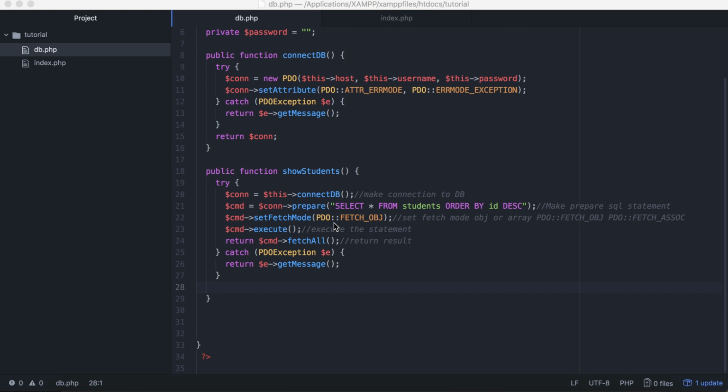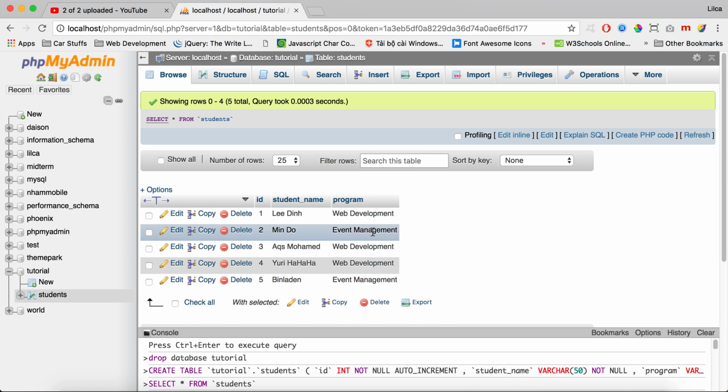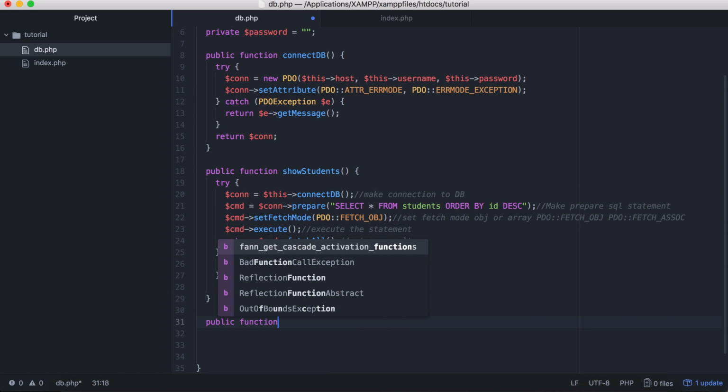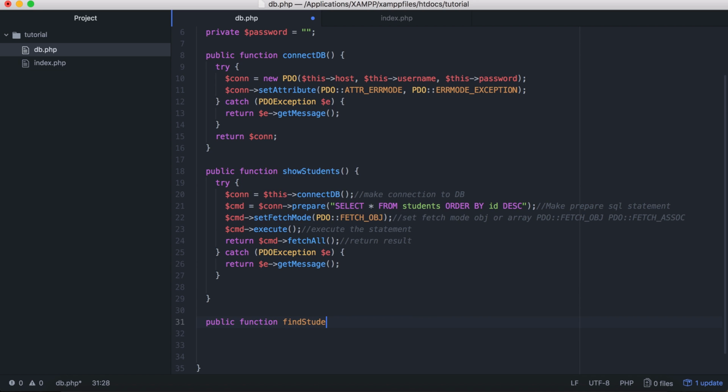Hi, so in this tutorial I'm going to show you how to find the group of students by their program. Which means when I select the program from the drop down list in the form, and then click submit, it's going to show all students related to that particular program. So let's go back to db.php and create a new function called find students by program, and inside